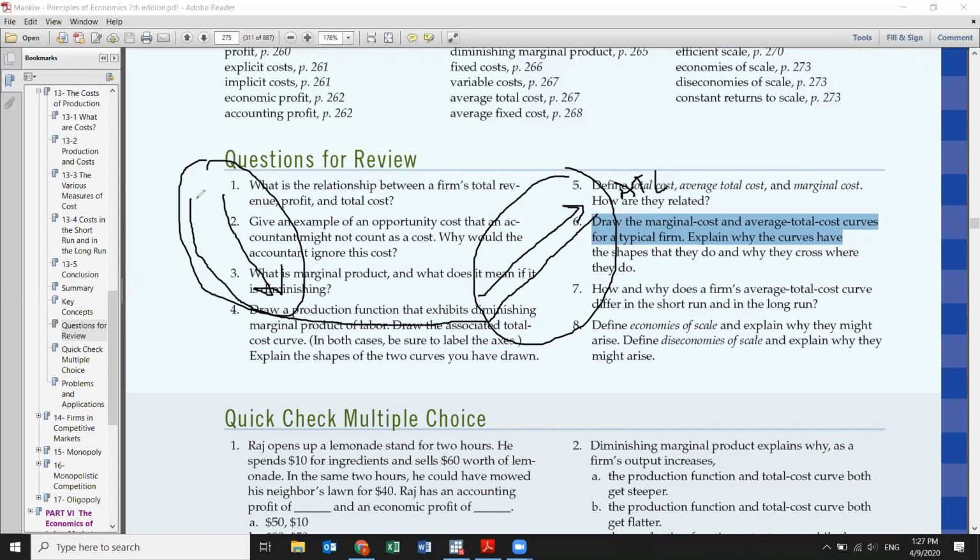So economy of scale exists when the average total cost curve in the long run decreases as the quantity increases, but diseconomy of scale is when the average total cost increases in the long run as the quantity increases. And the reasons that it happens, in the first case, we said the workers